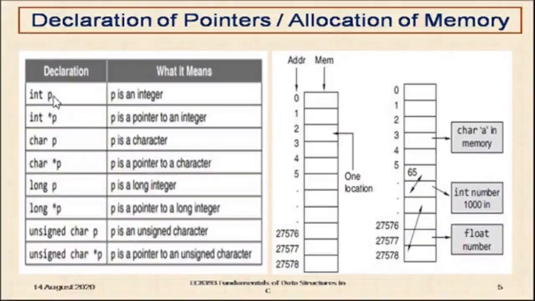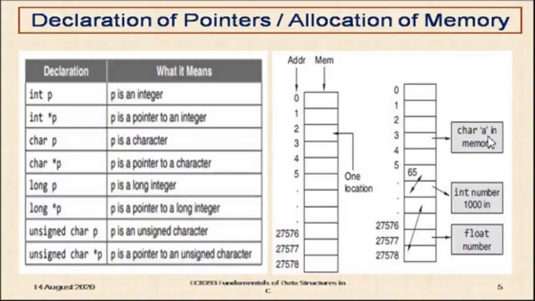See here, int p means p is declared as an integer variable. int *p, p is a pointer to an integer. Similarly, character and other types we can use. So actually what is happening inside the memory when we declare the variables, here I have some 3 examples. Normally a character type variable in C language occupies a single byte in the memory. Integer type 2 bytes, floating point 4 bytes, double 8 bytes, and so on. Right. So when we declare the variables in the program, what is actually happening inside the system is that it will allocate